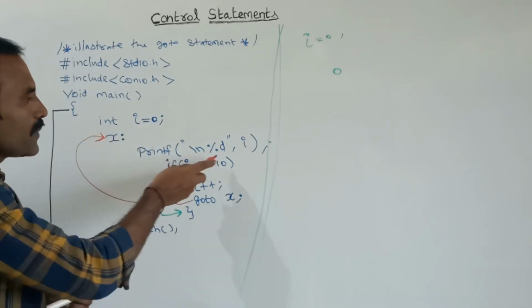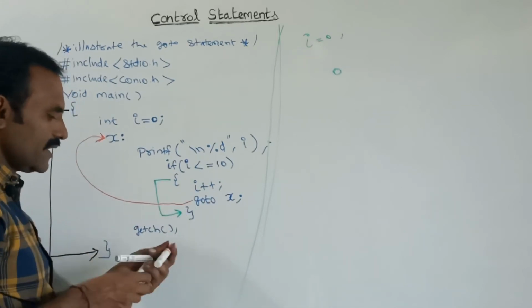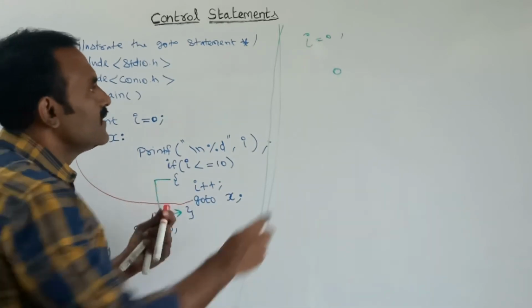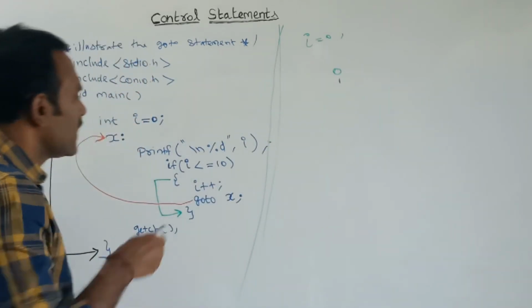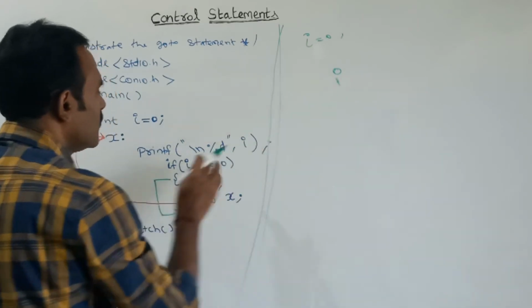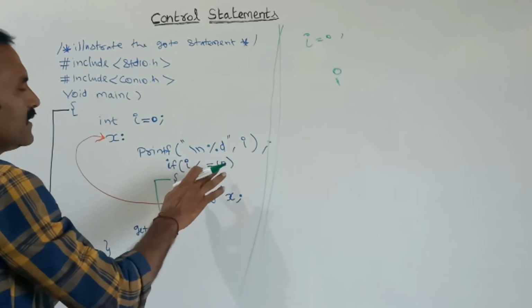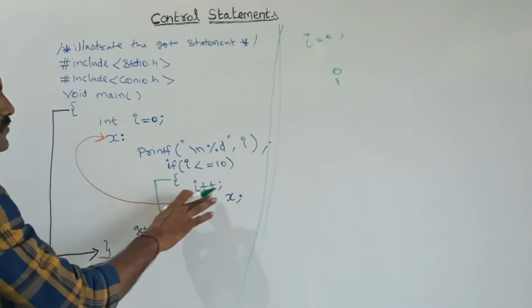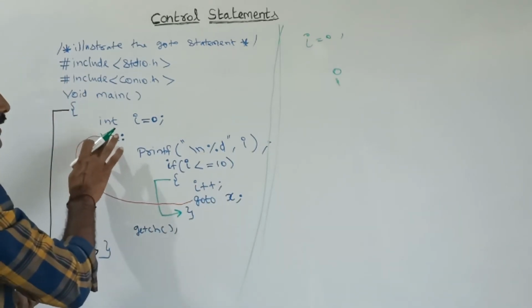Here I am telling it to print the i value. Now what is the value of i? I had incremented i to 1, so now the value is 1. It will print in the next line. Each and every time I am using \n, so it will print one by one. Again it will check the condition: 1 is lesser than or equal to 10. Now this is true, so the i value will be incremented to 2. Again it will go to the X label.